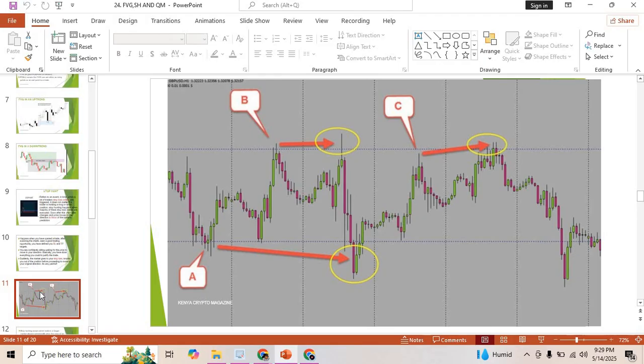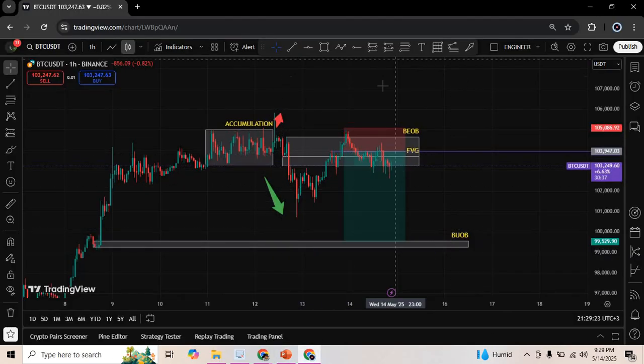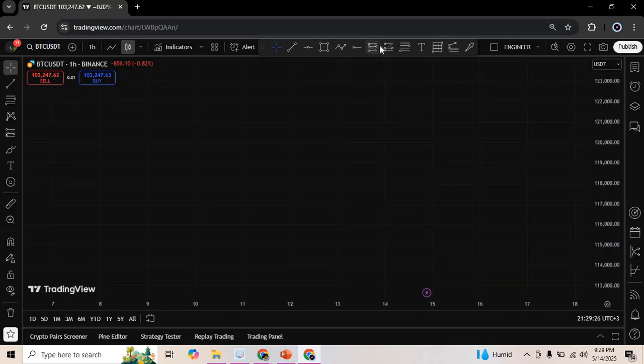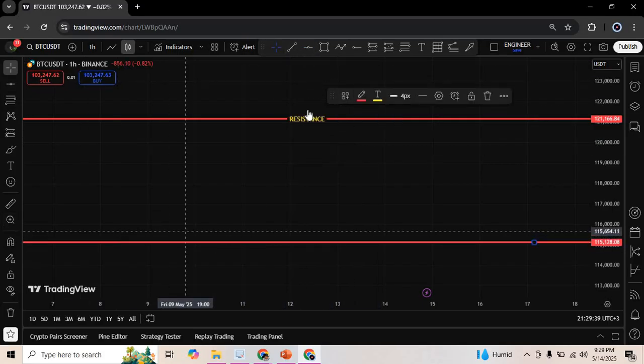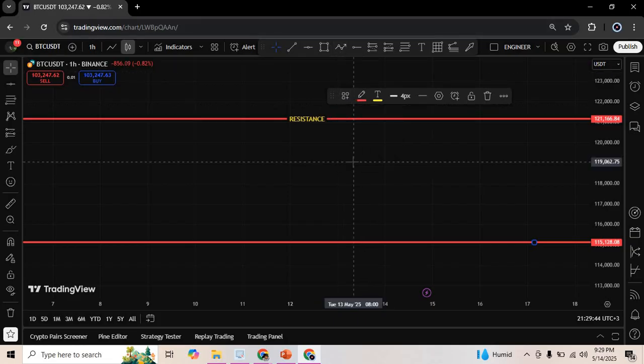So let's look at situations of a stop hunt. In this situation, you can have A, B, C, and D, and we can explain them. Let's start with situation B. I want us to imagine, let me just draw this chart right here. We are having support and resistance: our resistance up there, then our support down here. I'm just having a replica of what is in that example.